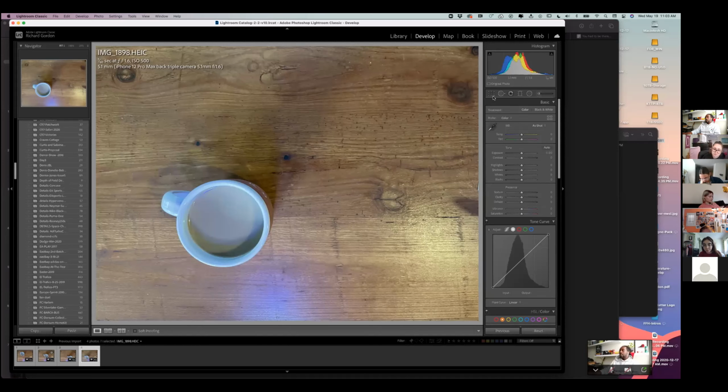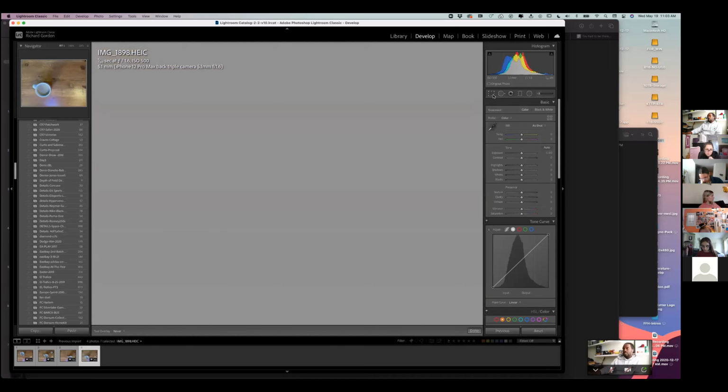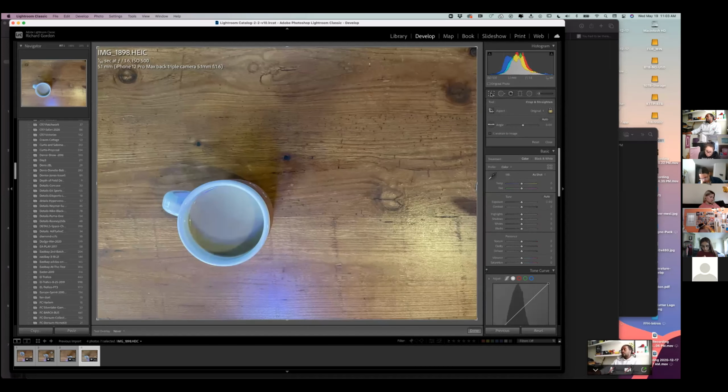Then I would like you to go to the first tool in this little section here. It looks like the marquee tool from Photoshop, but what this tool actually is is a crop tool. So when you click it,